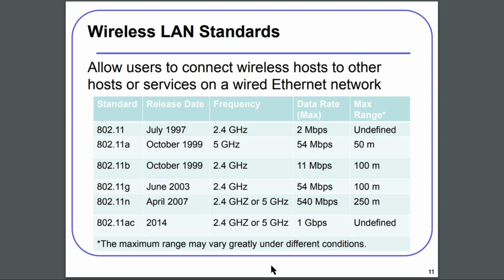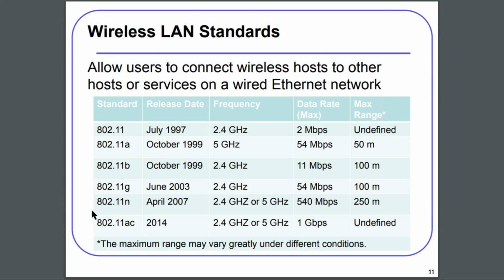range is undefined. Next one is 802.11a, release date is October 1999, frequency is 5 GHz, data rate is 54 Mbps, maximum range is 50 meters. Next one is 802.11b, release date is October 1999, frequency is 2.4 GHz, data rate is 11 Mbps, maximum range is 100 meters. 802.11g release date is June 2003, 2.4 GHz frequency, data rate is 54 Mbps, maximum range